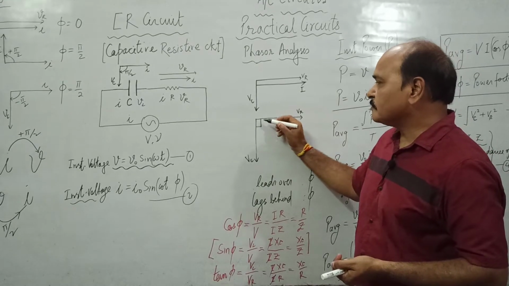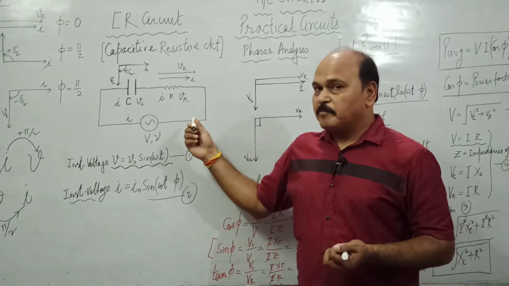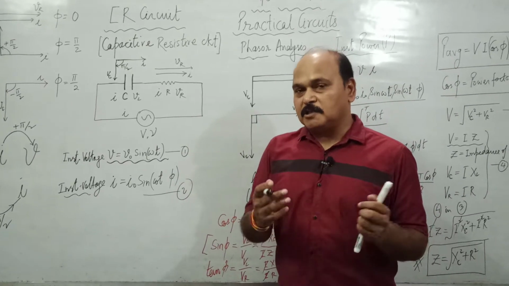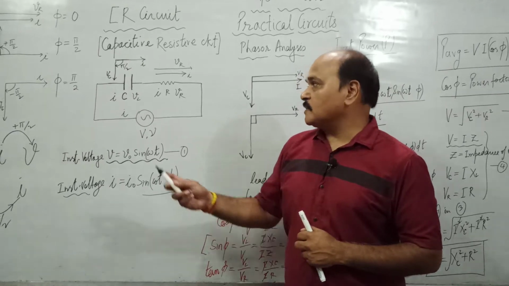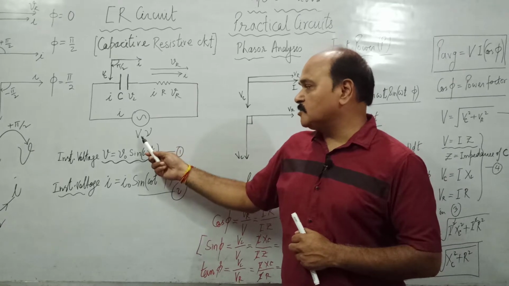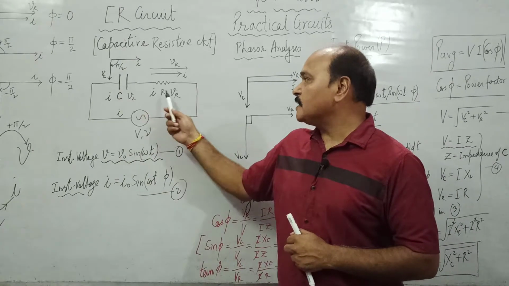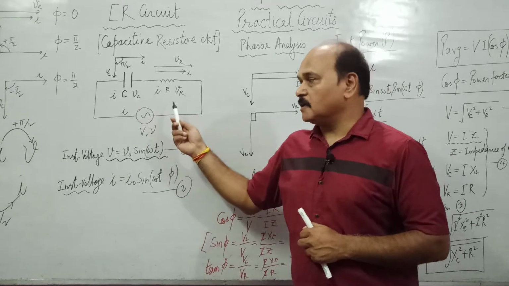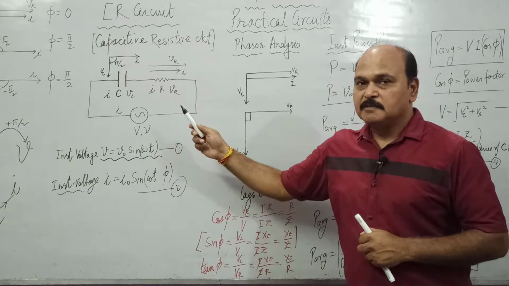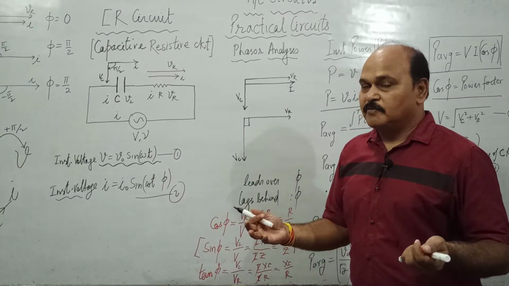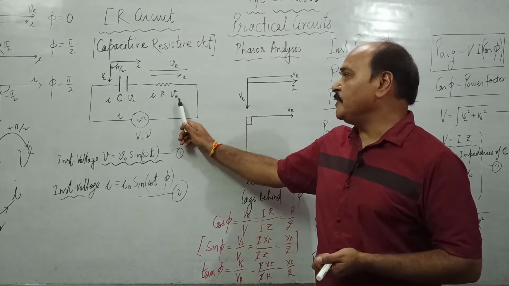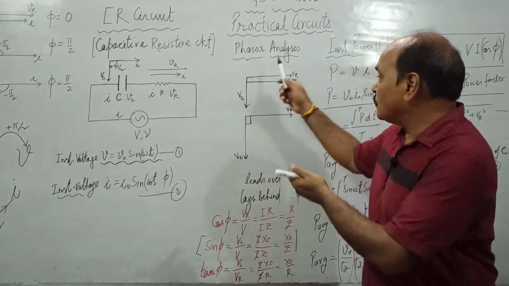Perpendicular to each other. In series, current is the same, but what about potential difference? That potential difference is distributed across the devices connected in series. The two devices connected here are a capacitor and a resistor. So voltage V is distributed across both the devices as VC and VR, and the sum of VC and VR is the applied voltage V. But how do we find the sum? We can find the sum only when we know the exact phase relationship between VC and VR. And that is what we are doing here.